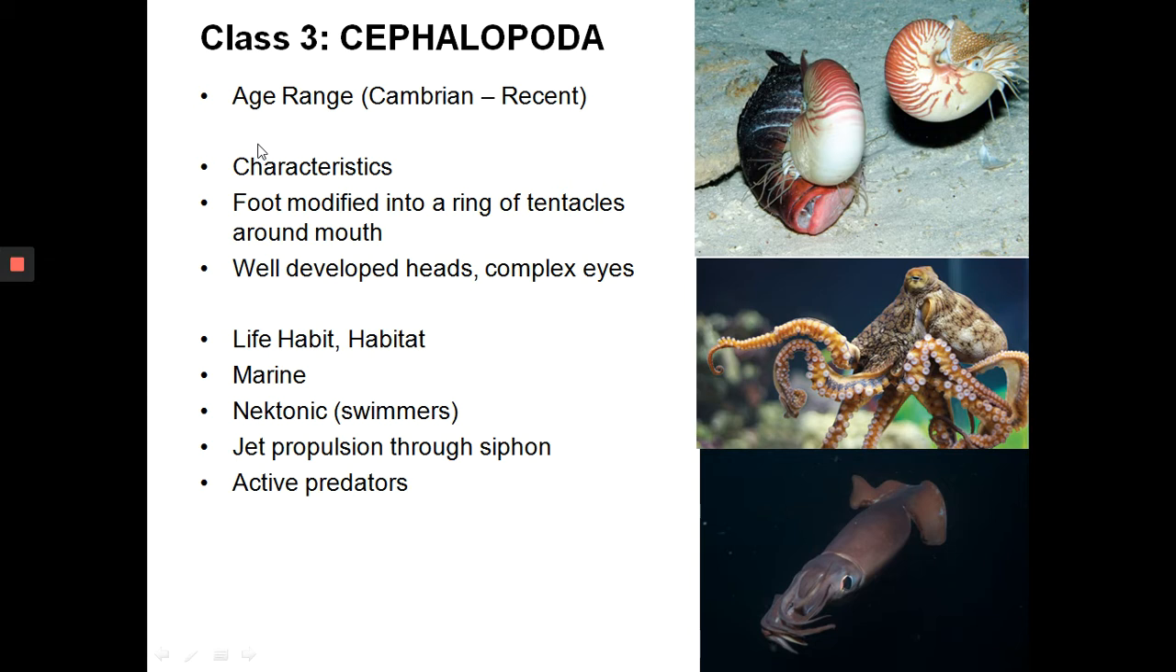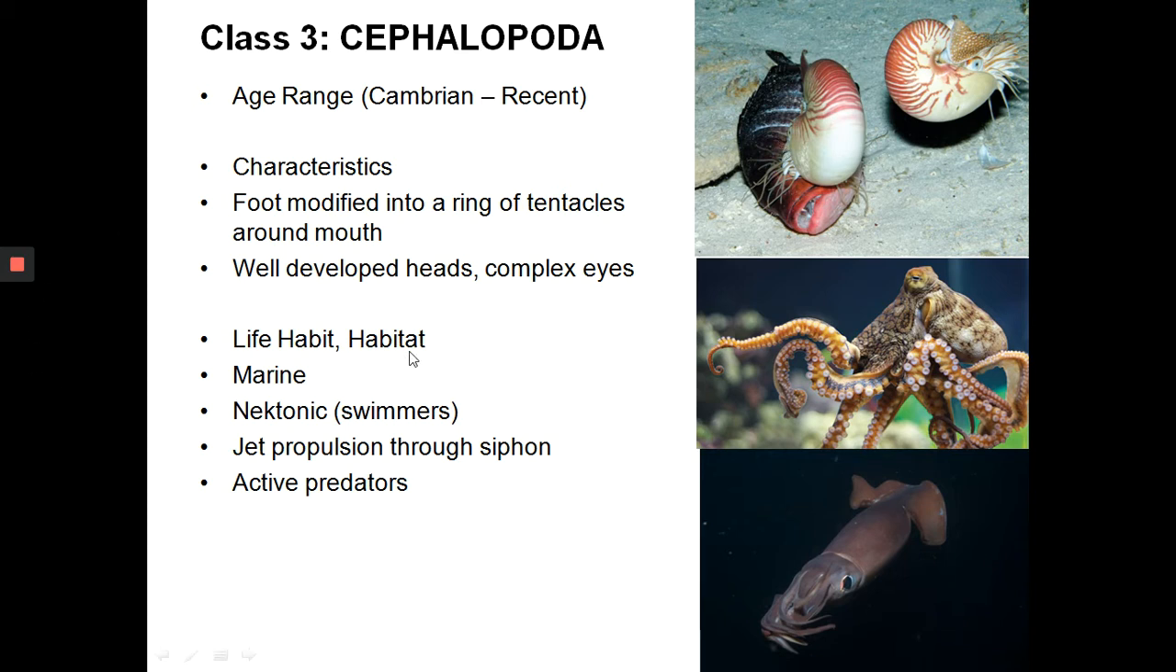Characteristics: they have a foot which has been modified into a ring of tentacles around a mouth. So all cephalopods have tentacles used for grasping food. And like a lot of mollusks, cephalopods have a well-developed head with really good, really advanced eyes. They have good eyesight, complex eyes,